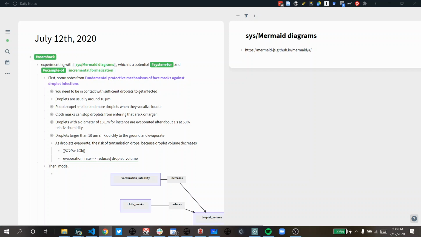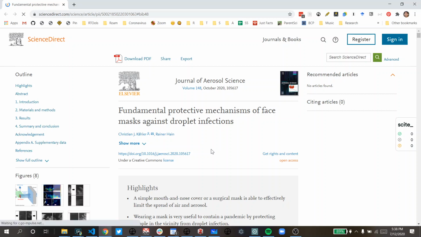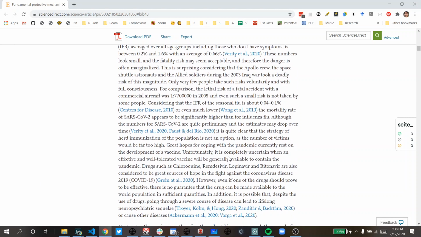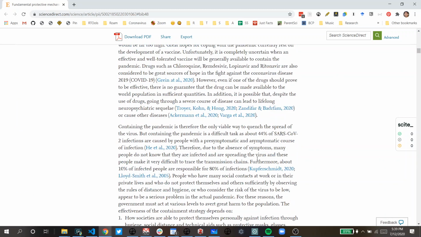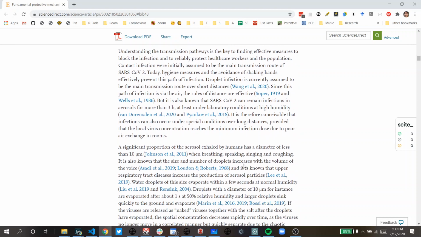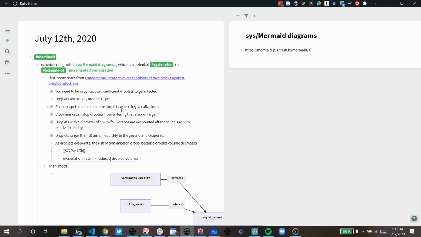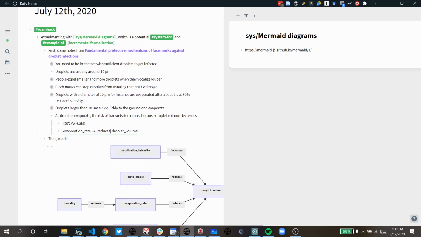So I was reading this paper really fast, just trying to get a sense of evidence for face masks and the mechanisms. And this is an interesting paper actually, studying the fluid mechanics of face masks. Anyway, I was mainly reading the intro, and it occurred to me that these models might be pretty interesting to make explicit, and pretty easy to do. So the idea here is